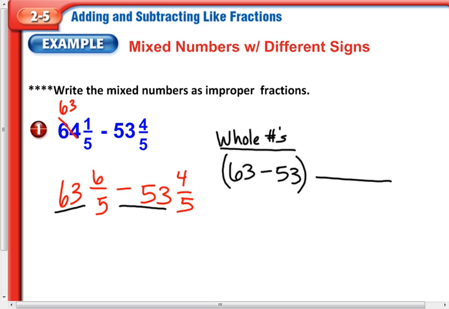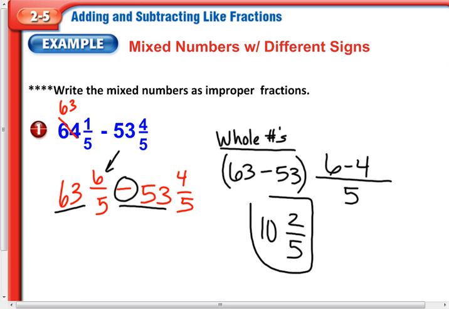When you convert 64 and 1/5, it is going to come up with 321/5 as an improper fraction. That's what we talked about yesterday, making that an improper fraction. Remember, in order to make it improper, this is what we would do looking at 64 and 1/5. Multiply denominator times whole number, add the numerator, and we get 321/5 minus 53 and 4/5, which would convert to